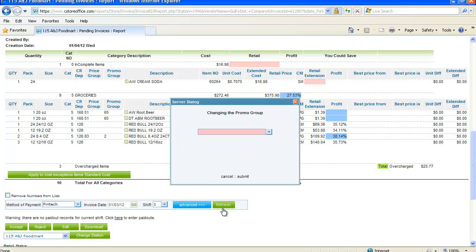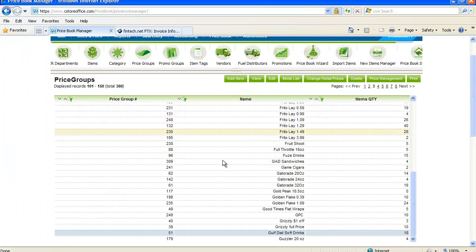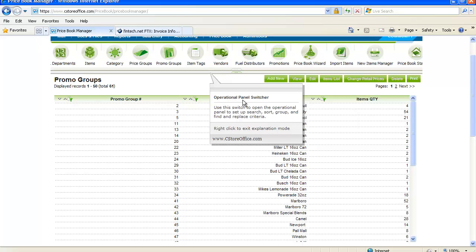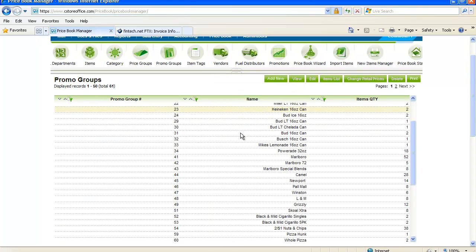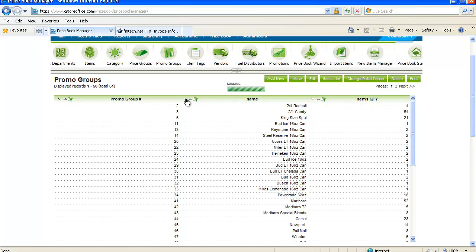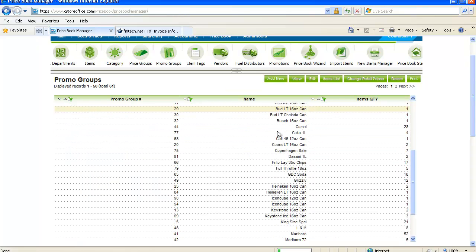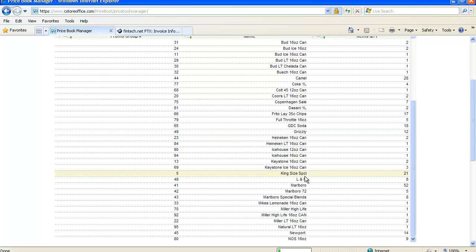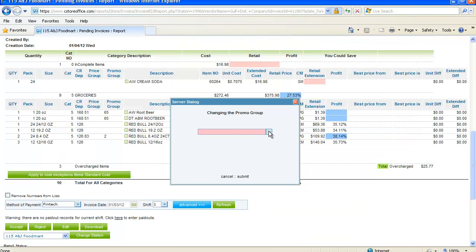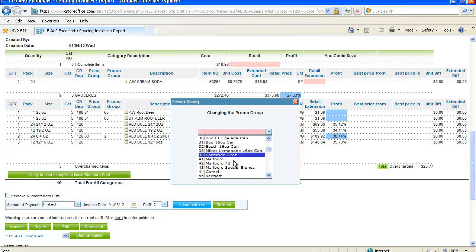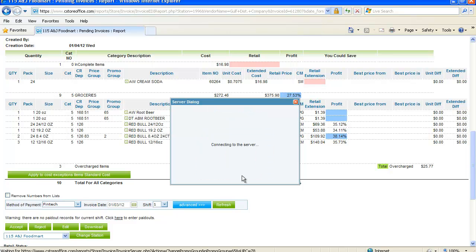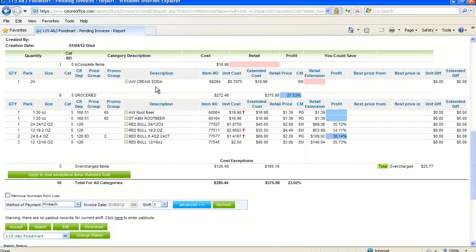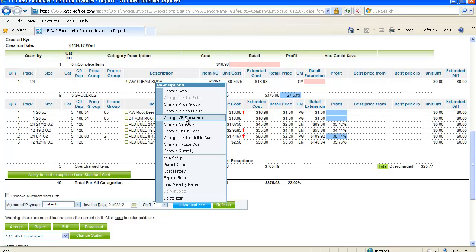Now again, we'll have to juggle windows to find out what promo group it needs to be. So I'm back onto C-store office. I would click on promo groups again because we need to know what promo group this item needs to go into. Again, I would sort this according to the names, and I would go down. Let's see, Gulf Distributing Soda. So that promo group number is 65. Go back to that page. Here you need to go down to 65 and select the promo group. Again, you'd hit cancel and close because you don't want to refresh this page until you've entered all the information